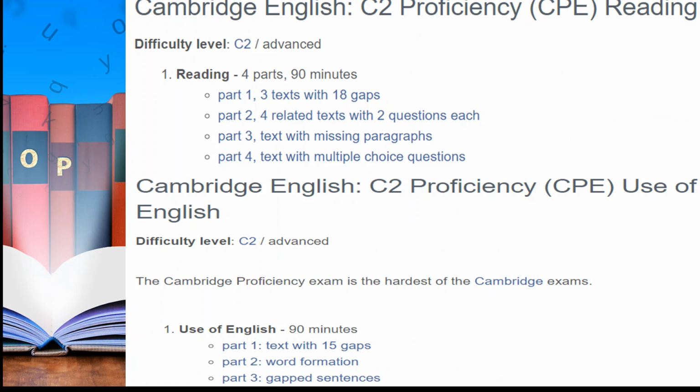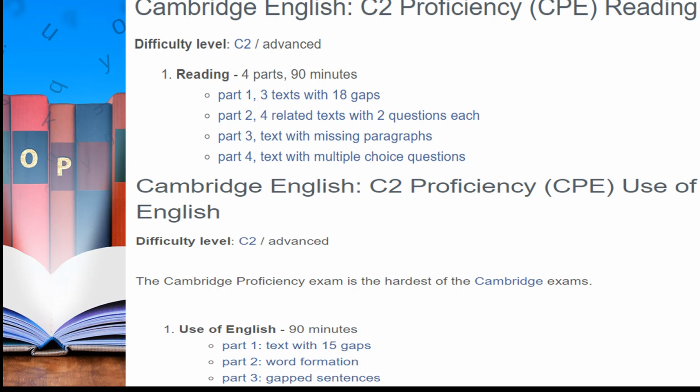So let's go to the reading part once again and see what we will have there. Part 1 has 3 texts with 18 gaps. Part 2 has 4 related texts with 2 questions each, the 3rd part is a text with missing paragraphs, and the 4th part is a text with multiple choice questions.